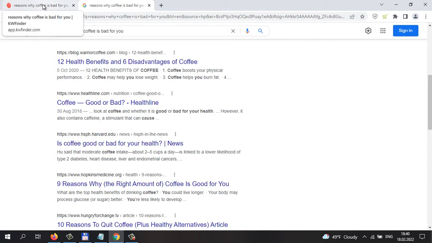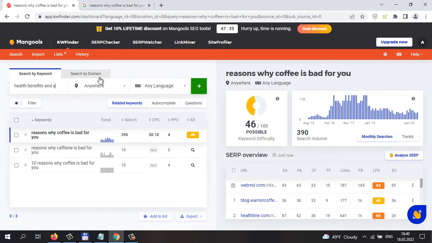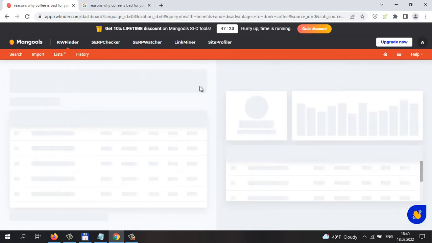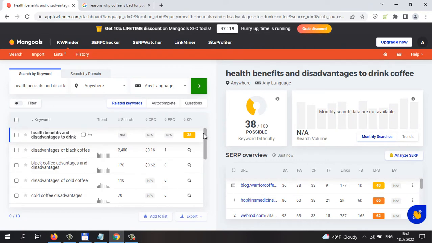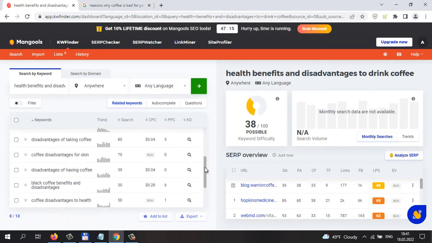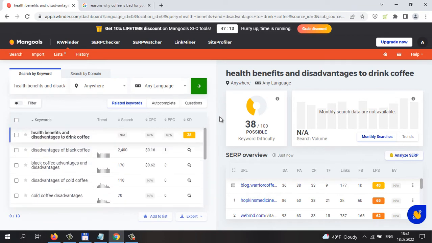And disadvantages, disadvantages to drink coffee, for example. It's a very long keyword, as you see, but still we can find that it is also quite a difficult keyword. Yes, low competition, but it is not what we are looking for.